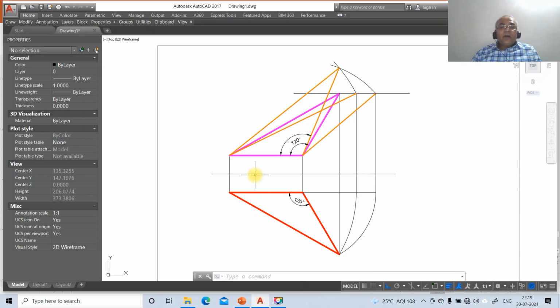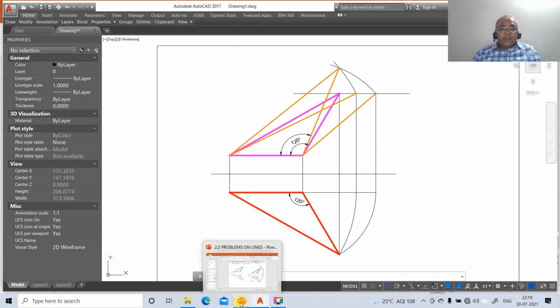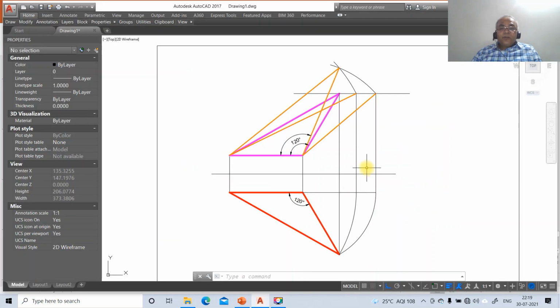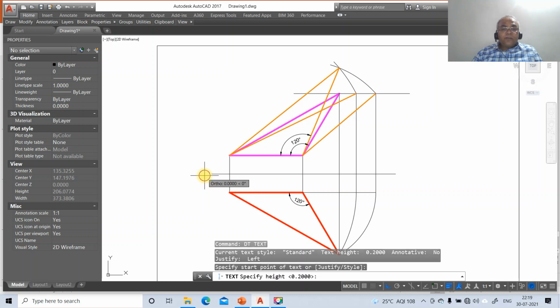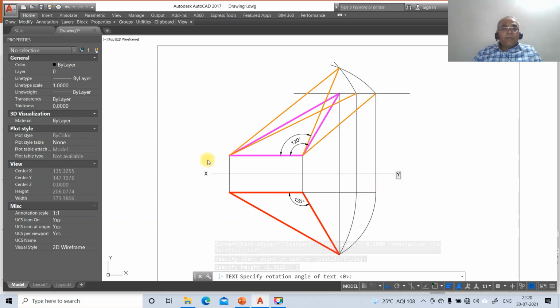Now we need to go for this line, and we want to go for D text now. D text. So we have A dash, B dash. So you want to make them. So you just go to D text. So come down to this. Take the height as 3. Rotation angle as 0. So type X, you type Y, you type VP, you type HP,